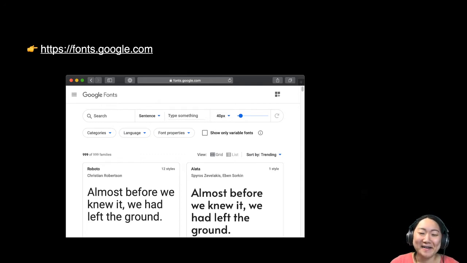But it usually allows you to use them for free for any non-commercial projects. And Google Fonts is a great resource because it has a huge collection of open source typefaces, and they take care of the hosting and licensing as well. So if you want to use some sort of free typeface for a website, then Google Fonts might be a good resource for you.